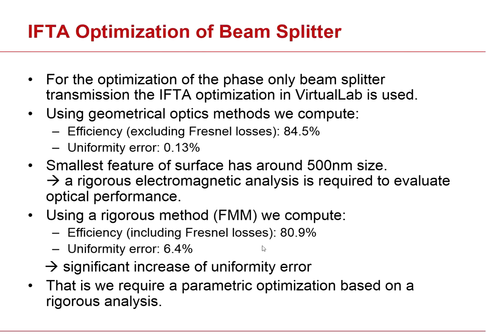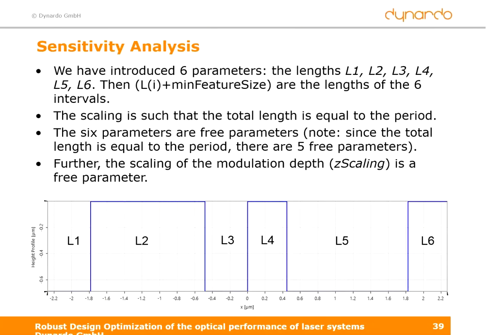Actually, this result is also not surprising, because the feature size is as small as the wavelengths, and a typical rule of thumb is if the feature size is below 5 times the wavelength, then such a rigorous method and a rigorous check is required. And because of this, we can now switch to optiSLang and use the parametric optimization